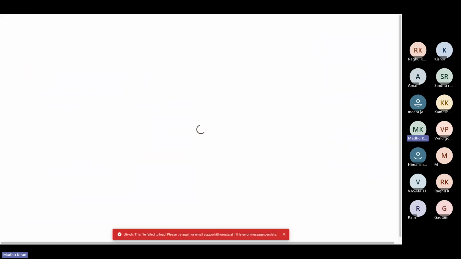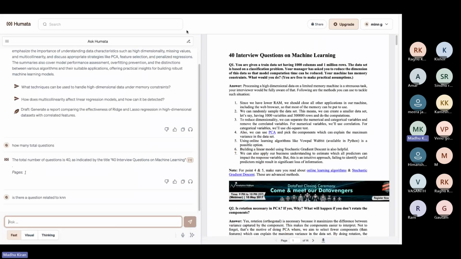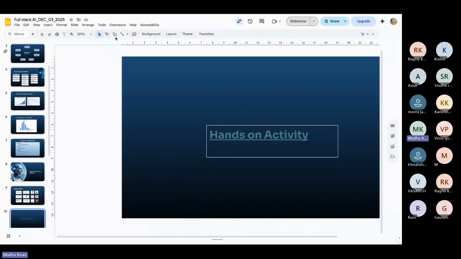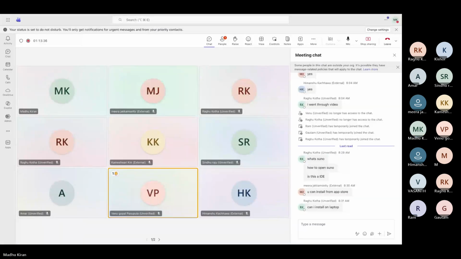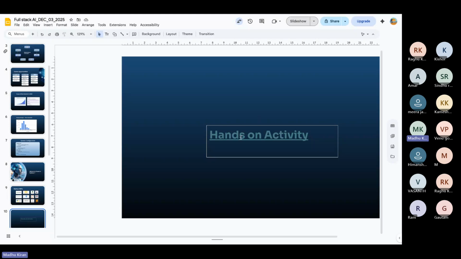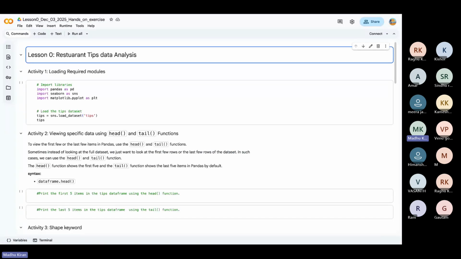Let's not deviate with AI tools, because these are very interesting and there are a lot of them. They give you a fun feeling when you're working with AI tools. But as a data scientist or an AI engineer, we have to understand what is happening in the backend, like how they have created something like this. So coming back to the presentation, and the hands-on activity we are going to do: I'm not expecting you to do this particular activity on day one. I wanted to just show you how the coding part looks, how a data analyst works.